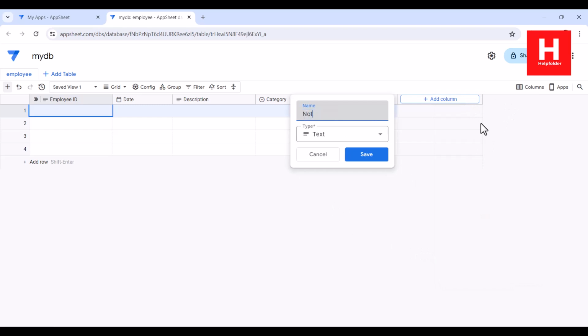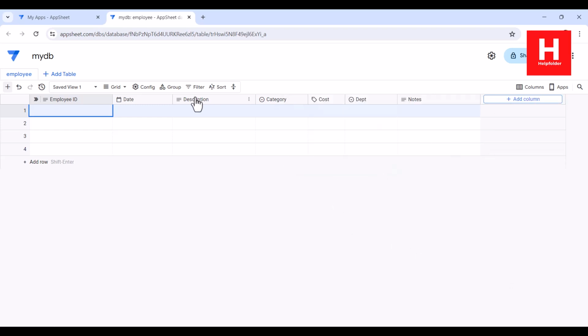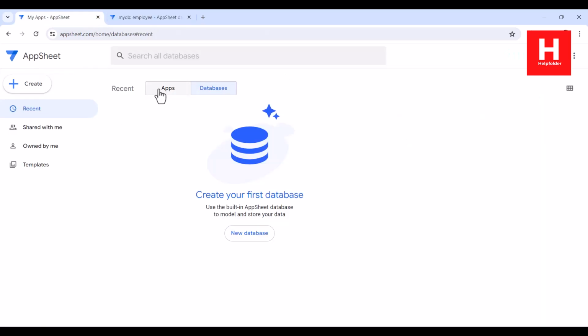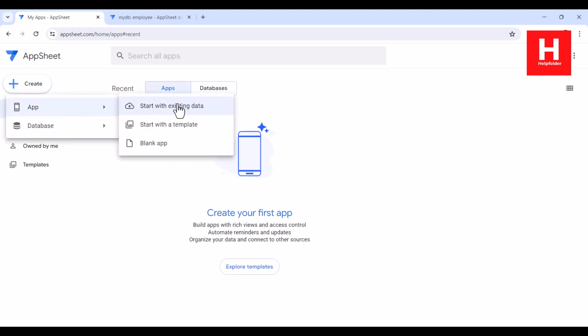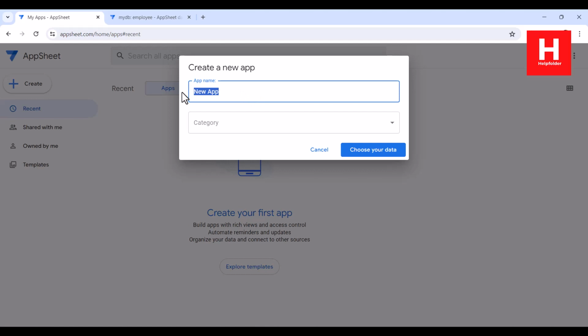Finally I will add notes, which are of text type. If you want to add additional purpose along with category, you can do so within notes as well. Now once you have the table ready, you can go back to your apps. Right, here I will create a new one with existing data. I will name this something like employee reimbursement